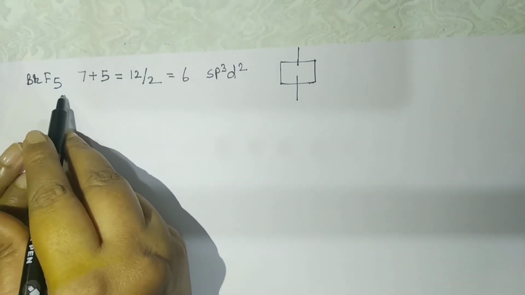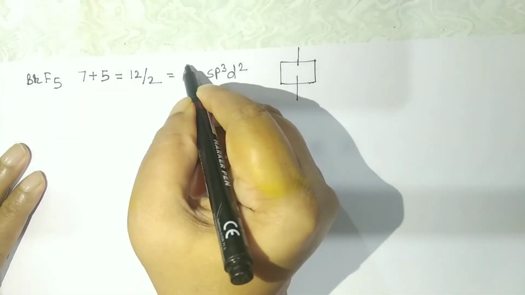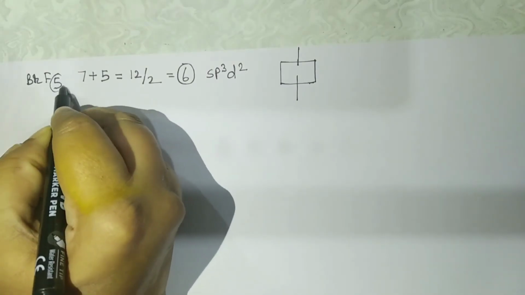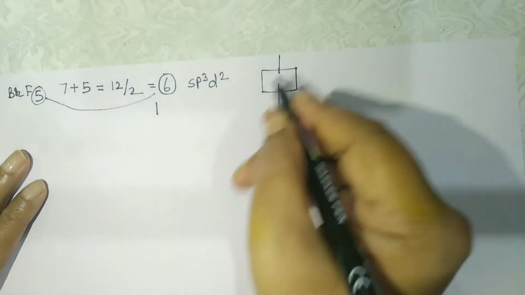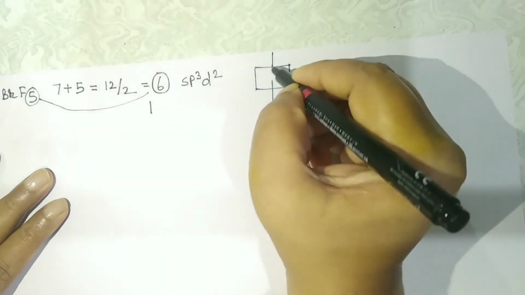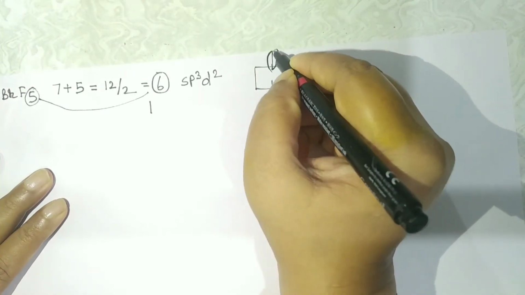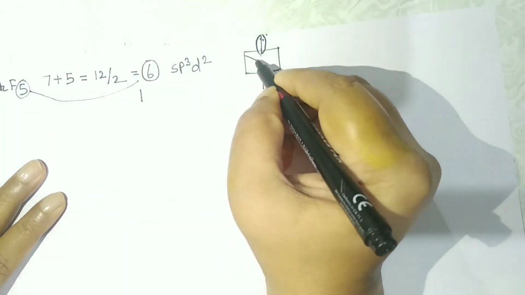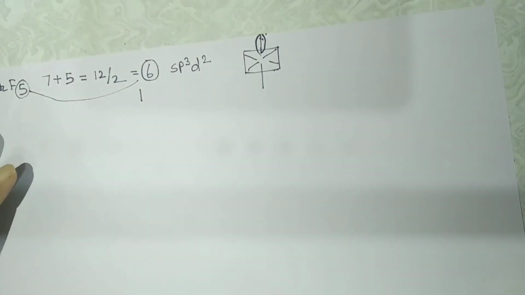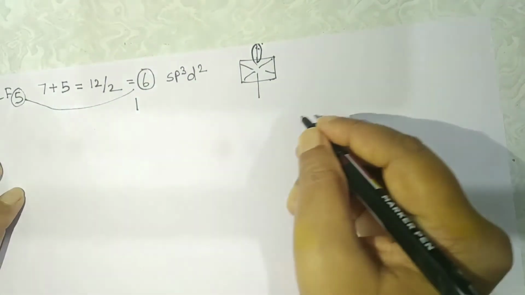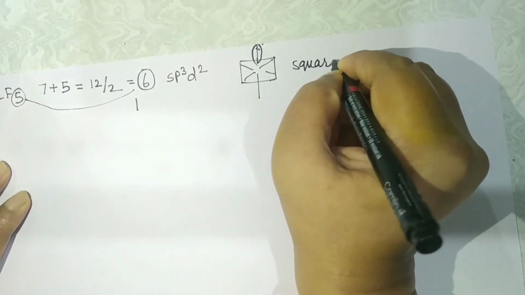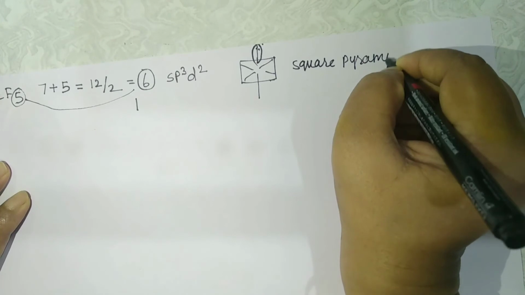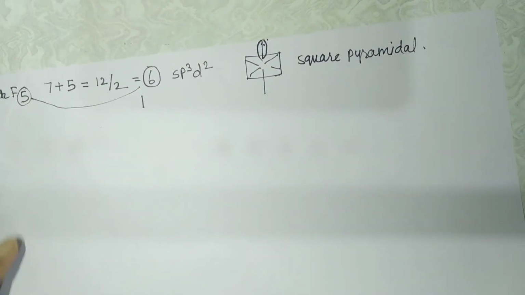Now let us check the lone pairs if they are present. So find the difference between this 6 and the connecting atoms here. The difference is 1, so there is 1 lone pair. Now in this type of octahedral structure, the lone pairs are placed at the axial position, and so I will place the lone pair here. So the geometry will now get distorted, and this is not octahedral now, but the geometry will be square pyramidal. So this is all about interhalogen compounds.